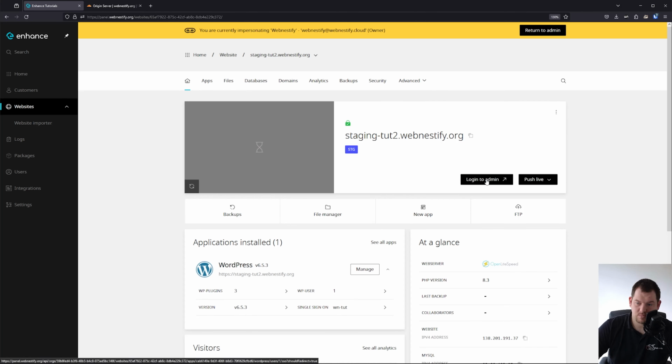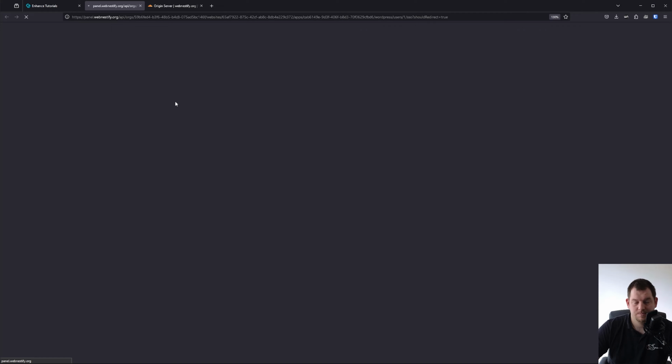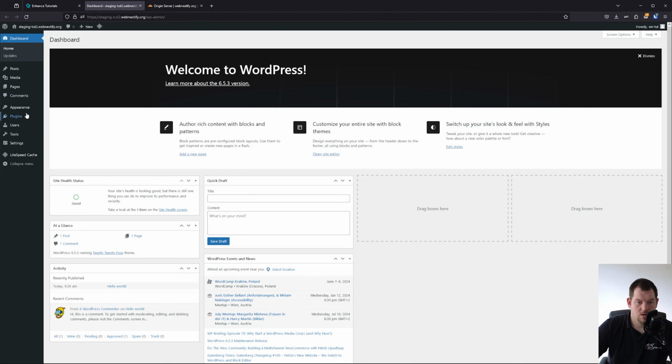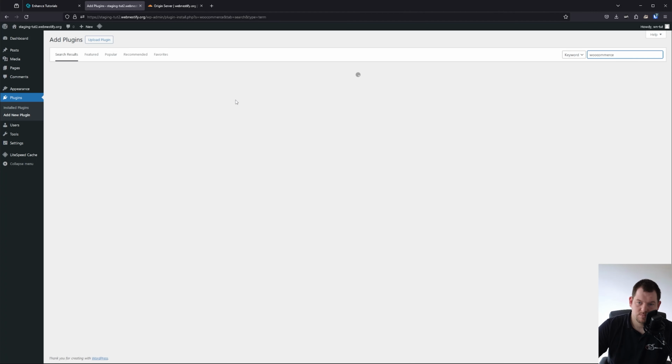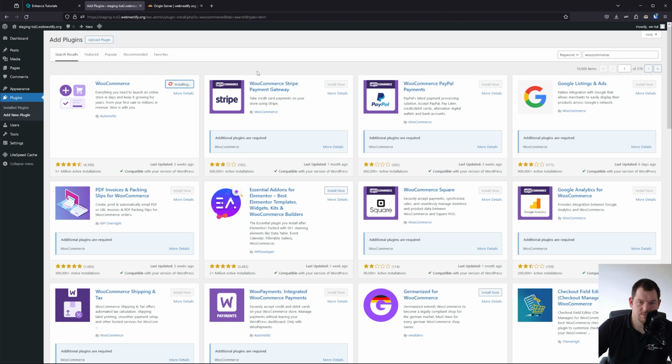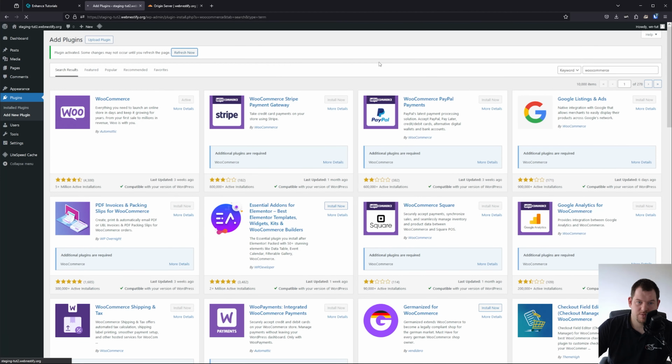So what we can do, we can test the staging functionality. So we can log into our admin on our staging site. And we're gonna add some plugins if you want. Let me just do the WooCommerce. We can install it. We won't configure it, it's just for demonstration. If you want to develop your e-commerce stores on staging, then you can push it live. So we can click activate, can do refresh,